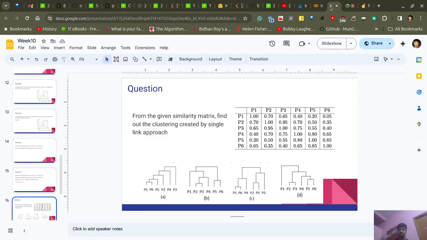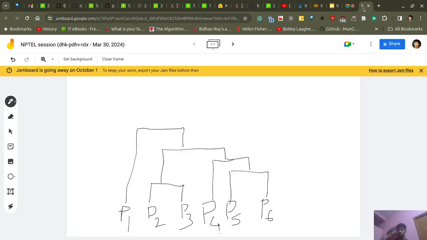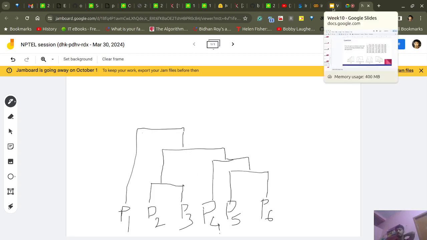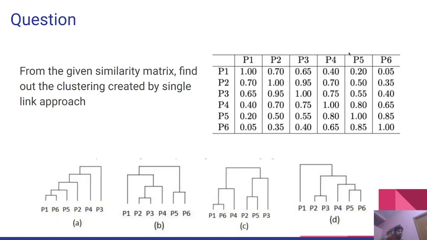Or even if you go with 0.7 P4 P2. So P4 P2, you can see P4 and P2 at this point are already merged, right? So we have to figure out right now P1 and P2. So this is if you want to build this from scratch, but if you are considering the MCQs, there is a simpler way. So what you do is that